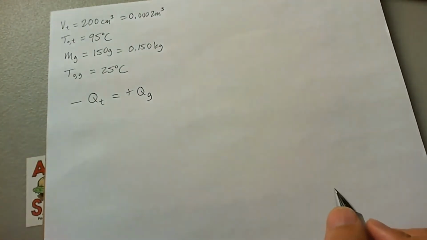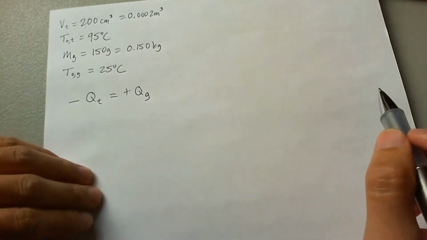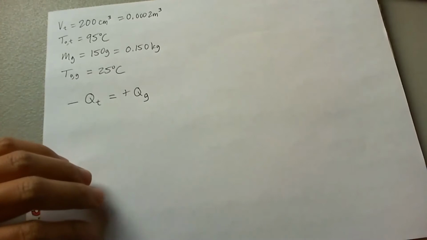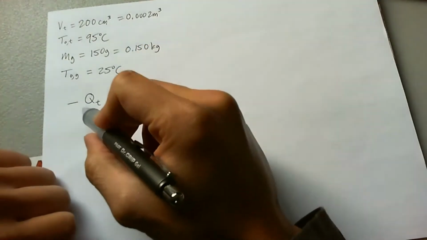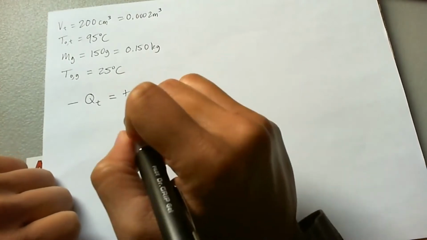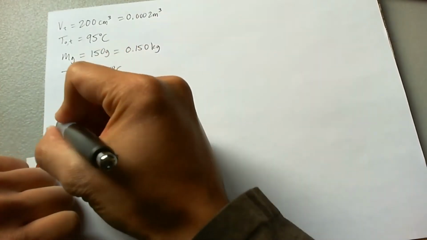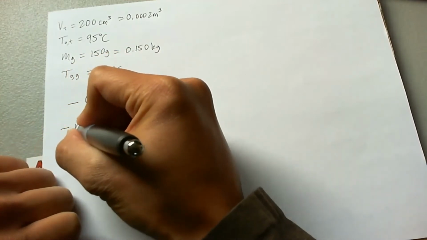And then from there, we can go ahead and use the appropriate formula for the heat, Q. Since both the cup and the tea are solid or liquid and incompressible, then we only have one particular equation that we can use for heat energy, and that is mc delta T. So we're going to go ahead and break this down into mc delta T by saying negative up here, m of the T,